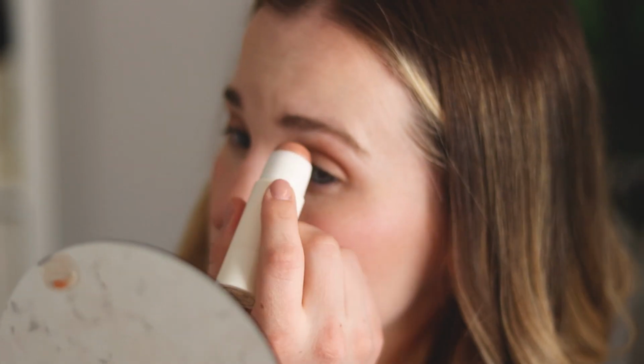And then I will often add either my highlighting stick again or one of the lighter colors to go right under my eyebrows, just to highlight right there. So it's a little bit shiny and nice to give that a little bit of a pop. Okay,